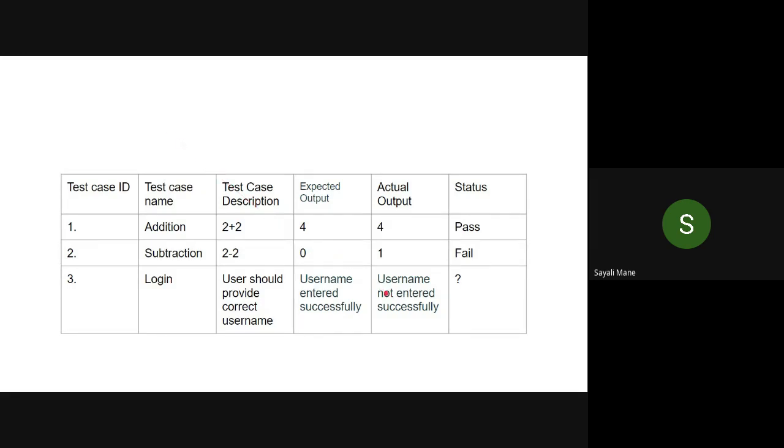Yes, correct. Why? Based on two things. One is expected output and actual output both are different. So that is why your answer should be fail.